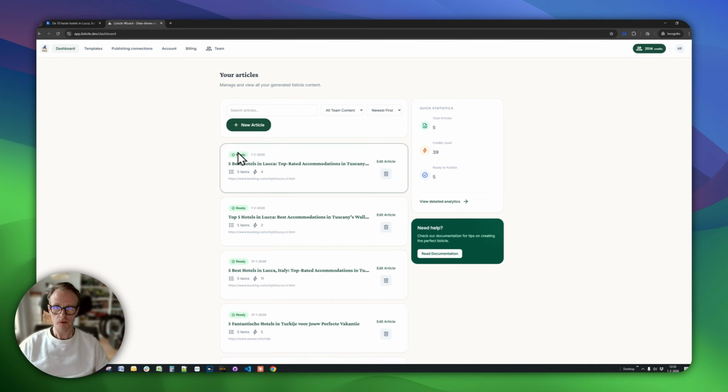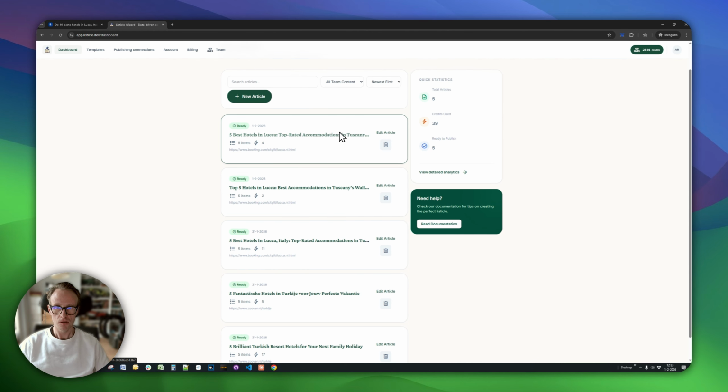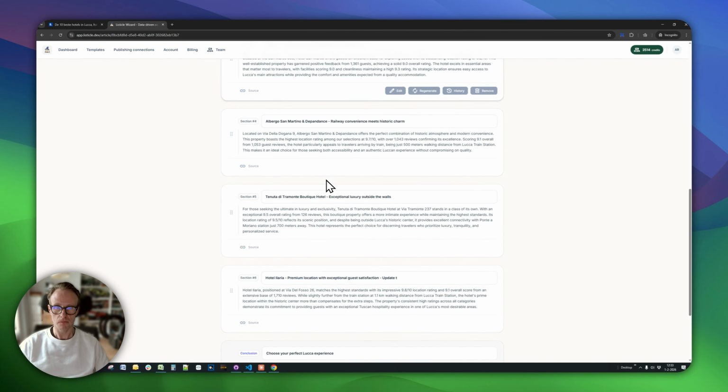Back in your main interface, you can see all the articles that have been generated. You can click on them, edit them, and